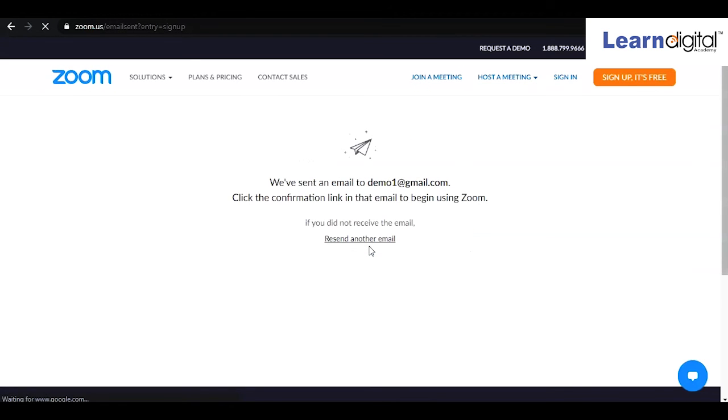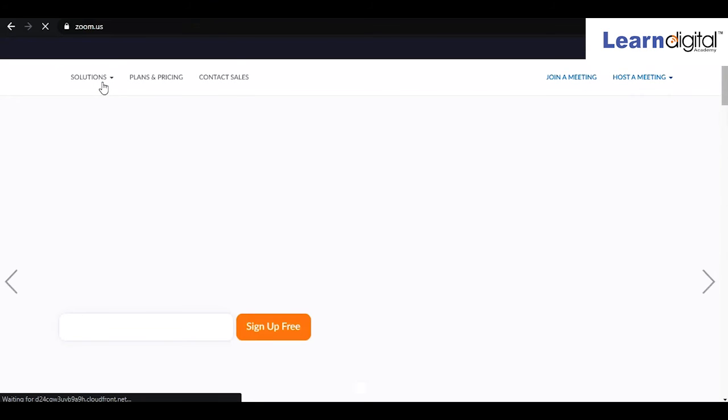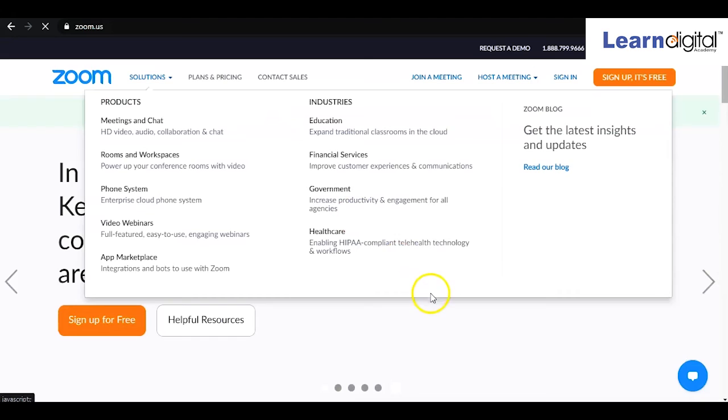If you sign up, you will definitely get a verification mail in that mail ID. After clicking that link, you will set your username and password on this platform, right? Meanwhile, this is a portal, and from here you can download the Zoom meeting app. So you can directly run it on your computer as well, right?